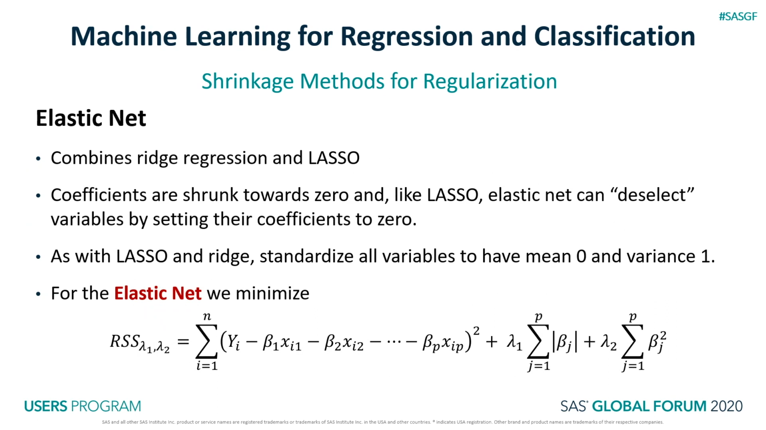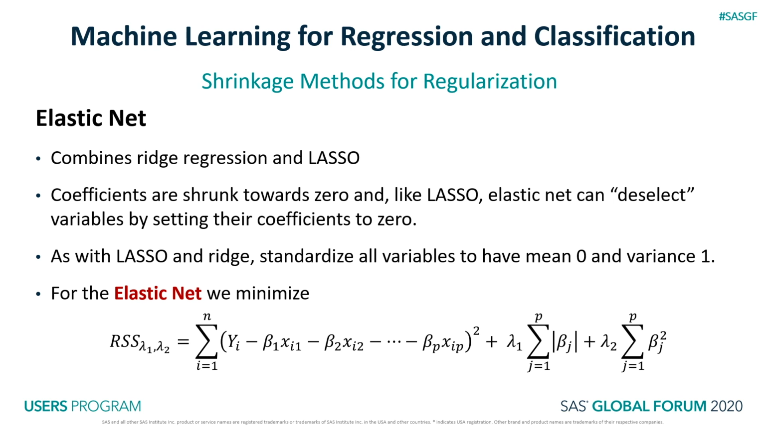So the third of the shrinkage or penalty methods for regularization is the elastic net, due to Zhu and Hastie. It combines ridge regression and LASSO. The coefficients are shrunk towards zero, and like LASSO, the elastic net can deselect variables by setting their coefficients to zero. As with LASSO and ridge, we standardize all the variables to have mean equal to 0 and variance equal